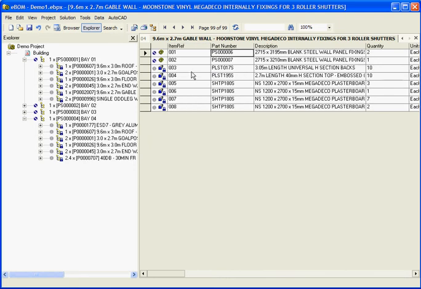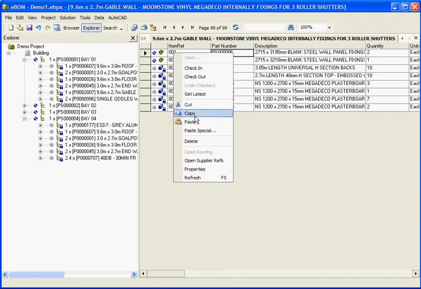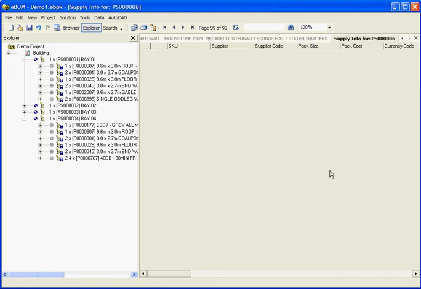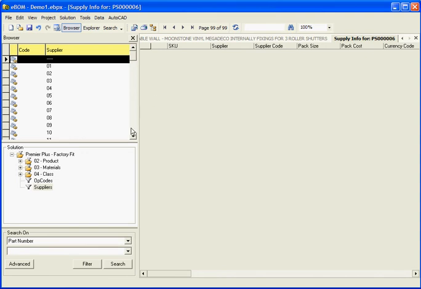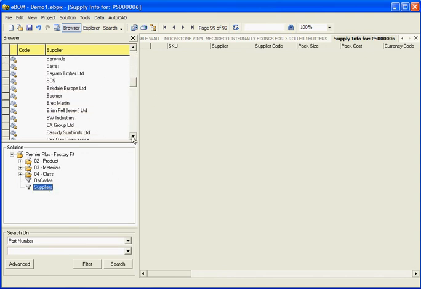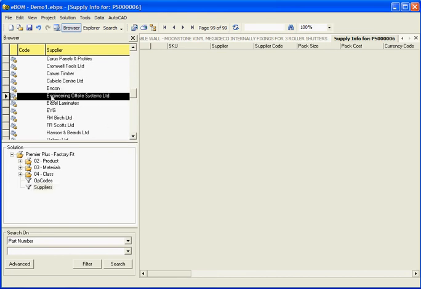Now, the only thing left to do is add a supplier reference to these 2 new components so we can get a price. So right click, open supplier refs. Use the supplier filter on the browser. Find the appropriate supplier. Drag the supplier onto the supplier ref page and set the price